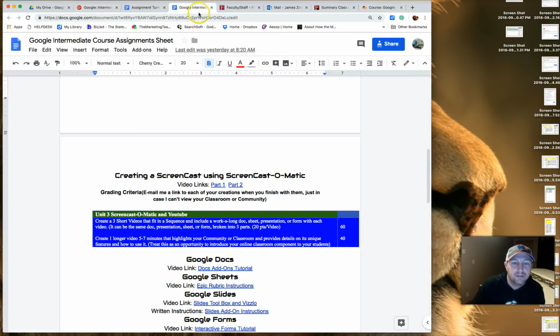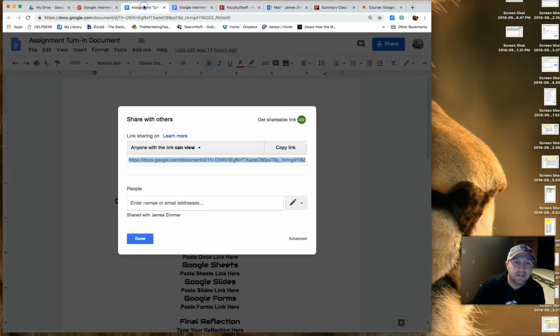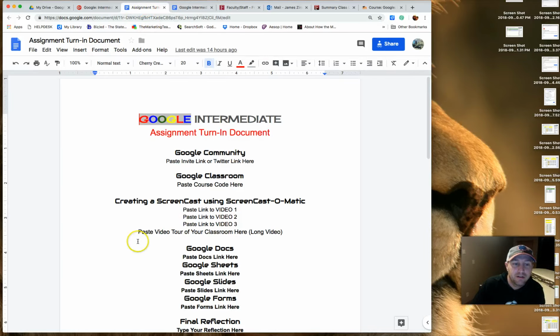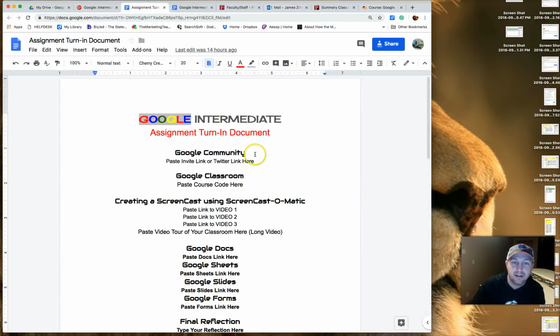Just to recap, we just showed the document listing. Now we're going to go into this assignment turn-in document that you're going to get. Again, this will come in the email. It's going to be right here, assignment turn-in link. When you click on that link, this document is going to pop up. Now there's a specific extra set of instructions for this, and I'm going to walk you through it in this video right now. You're going to click on this link and this is going to show up,